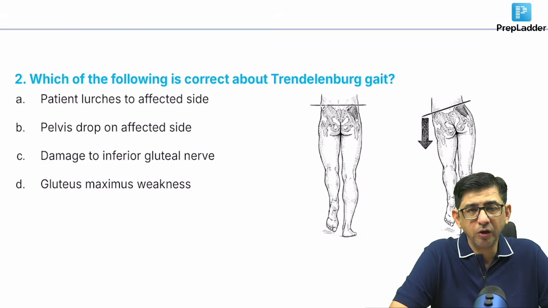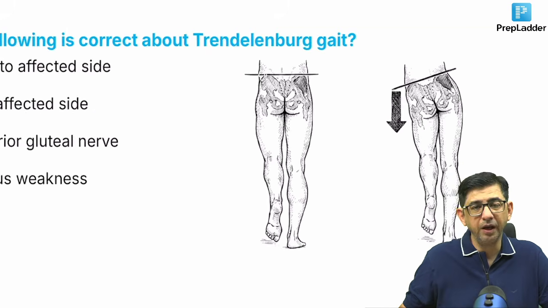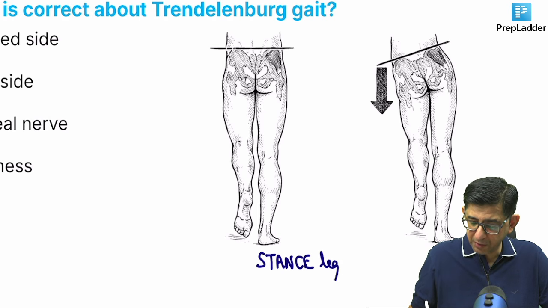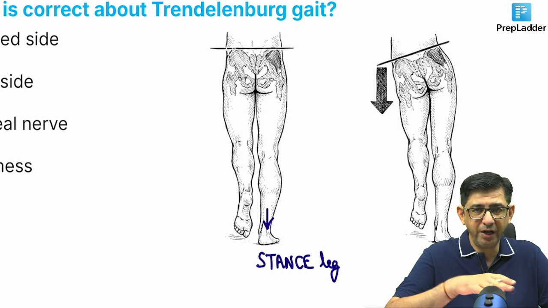So we next talk about Trendelenburg gait, hot favorite of FMG examiner. They always put up questions on this. So while I'm waiting for your answers, I'll explain Trendelenburg gait. You see, if I ask a normal person to stand on one leg, so I will be calling this leg जिस पे आप वजन डाल के खड़े हो, the leg on which you are standing, I ask you to stand on your one foot.